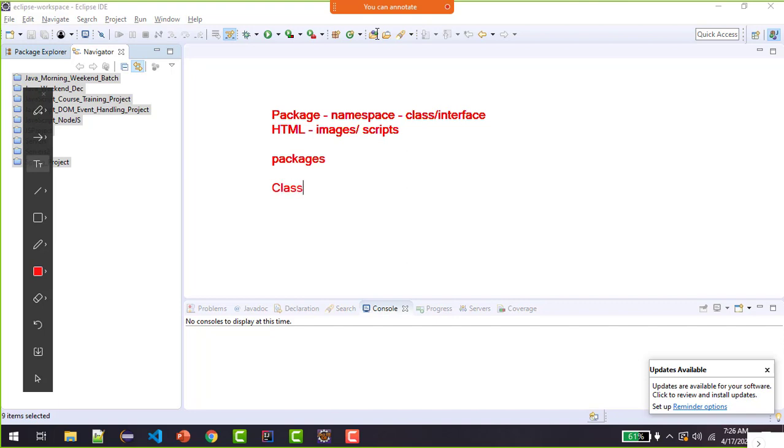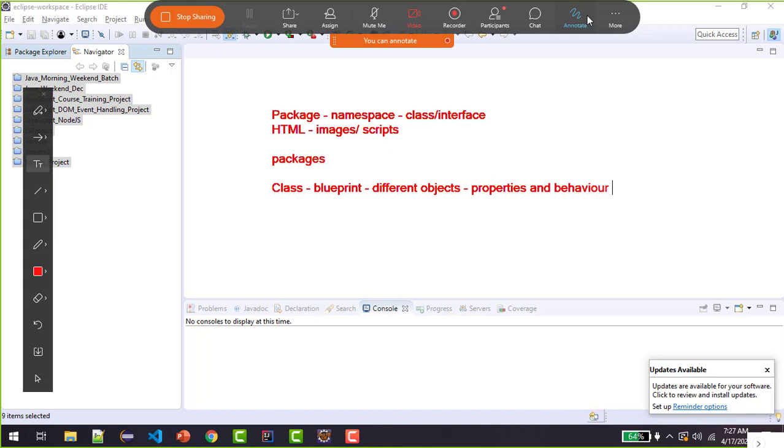And what is a class? How shall we define it? Basically, a class is nothing but a blueprint. Blueprint of what? A kind of skeleton, a base benchmark, a blueprint for creating different objects, which will define the properties and behavior of any functionality. So you create a class to define the properties and behavior of any functionality, and we create the objects of that very class so that we can access the properties and behavior of a particular functionality.